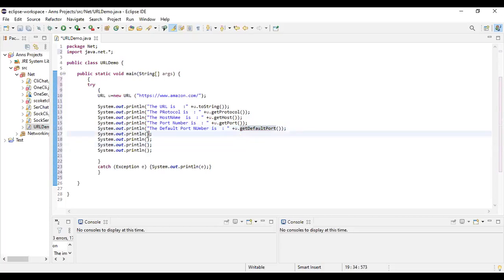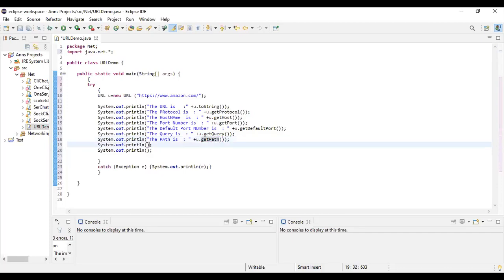Now if you want to get the query which is running in this particular web page, it is getQuery, Q-U-E-R-Y. If you want to get the URL path, the detailed path, it is getPath, P-A-T-H.